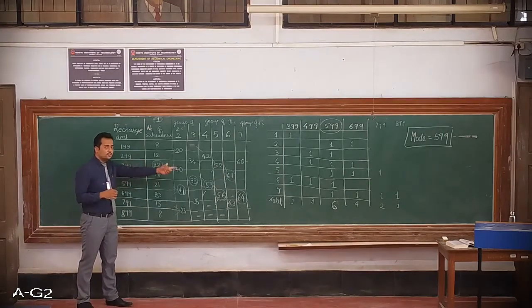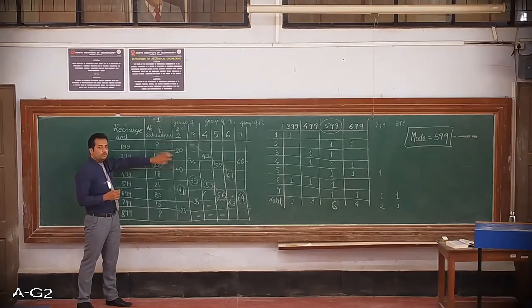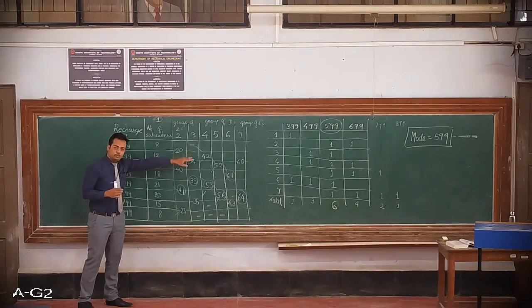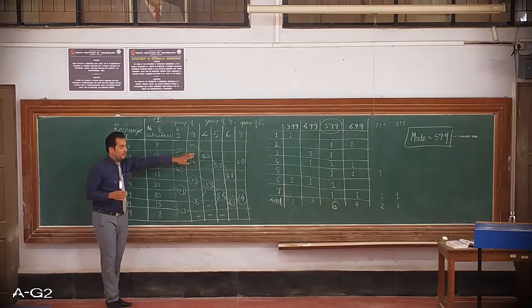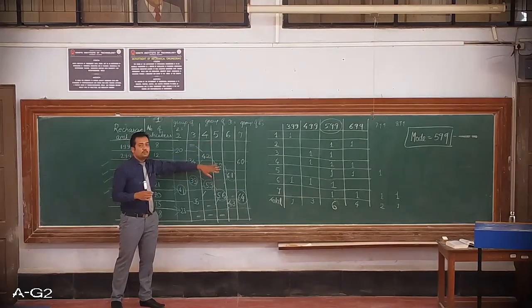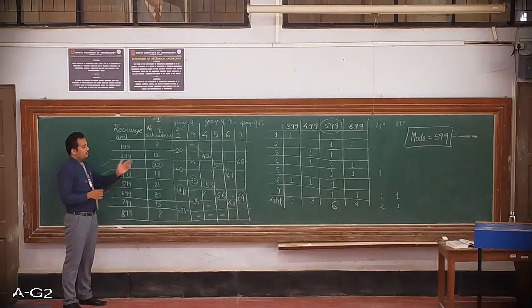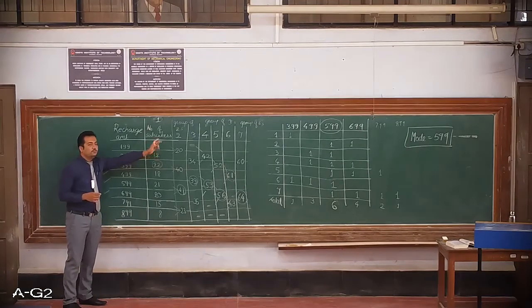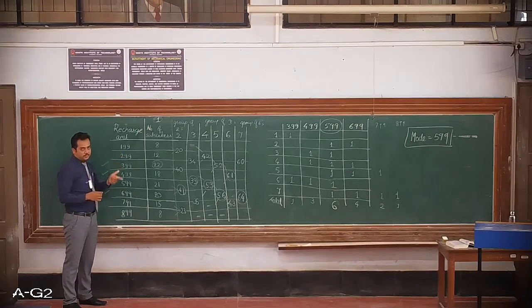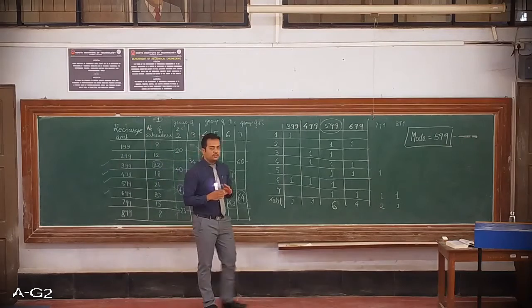So once again, just to revise, we have column 1 with single frequencies, column 2 is the sum of two frequencies, and column 3 is also sum of two frequencies leaving the first one. Then columns 4, 5, 6 are the sum of 3 frequencies each, and column 7 is sum of 4 frequencies. If I would have had 10 elements here, then with 4 frequencies we might have done one more column. Alright. So then with 5 you would have only one column. So it depends on the number of elements, the number of X values you have in the table. So hope you have understood this example.